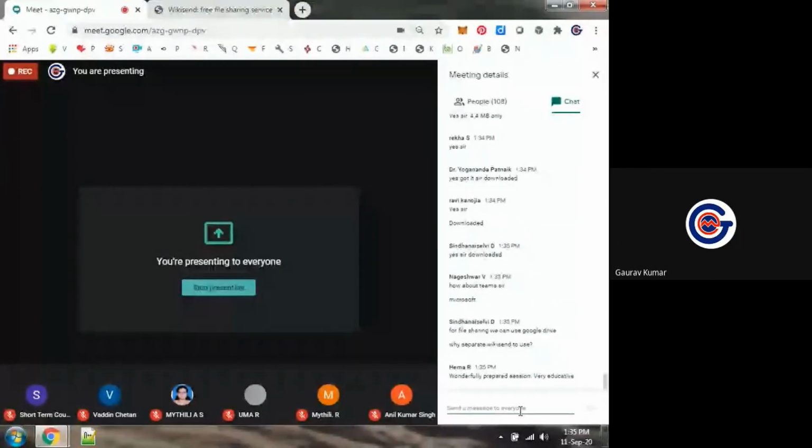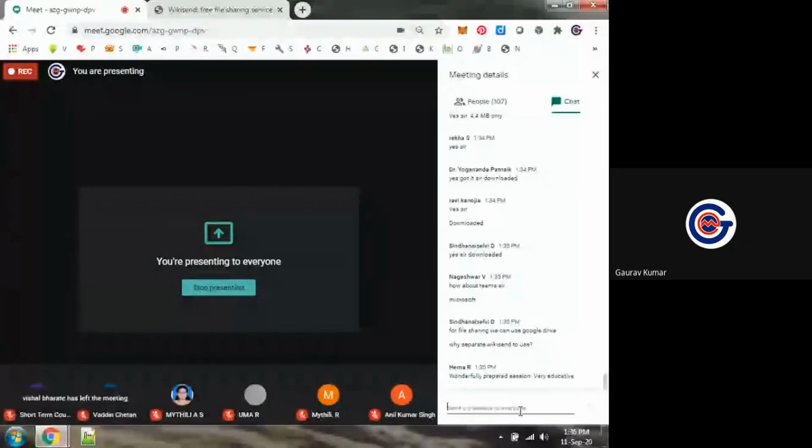Yes, for file sharing, we can use Google Drive. Wikisend is another cloud platform that we can use. If I upload some PPT to my Google Drive, I will be occupying my own Google Drive space, consuming my own web space.